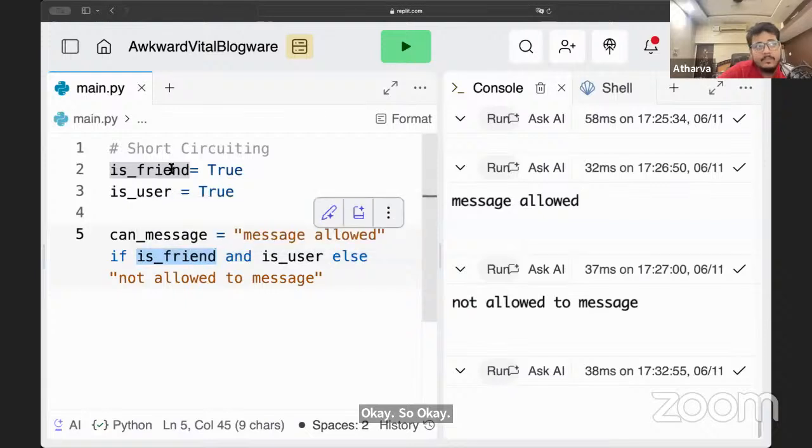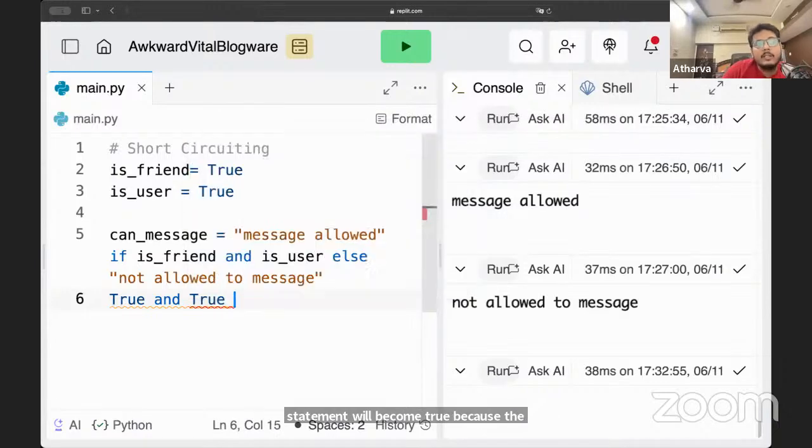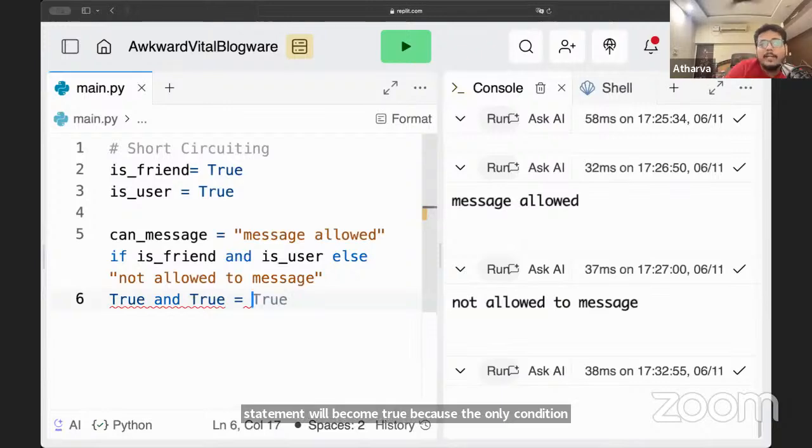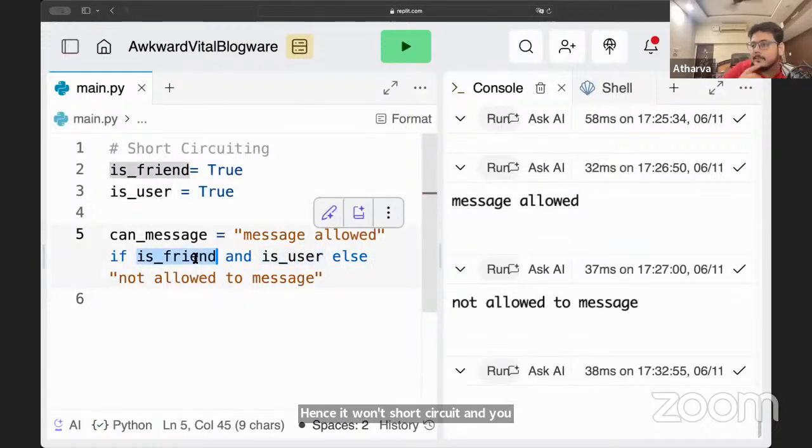In this case, since both are true, first we check the first part, but with the AND operator, if something is true on the first part, it is not necessary that the second one is also true. The only condition where you get true out of AND is when both the elements are true. Hence, it won't short circuit and you have to compute both of these. Right, Avinash?